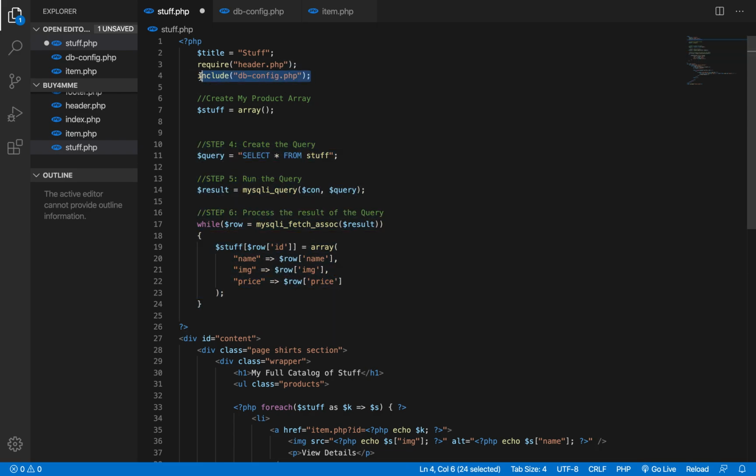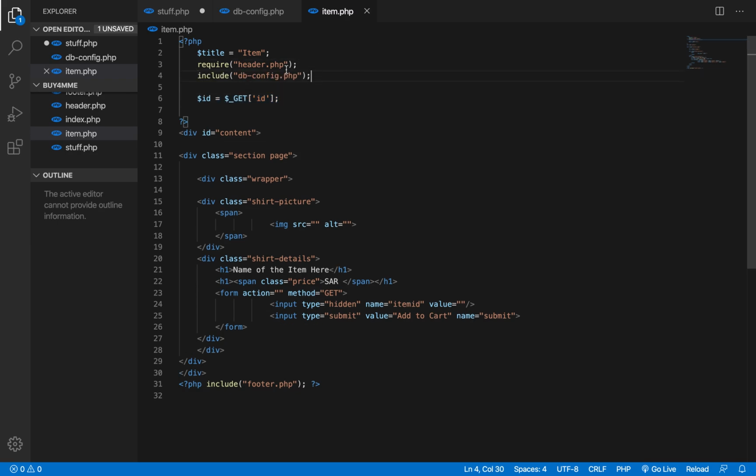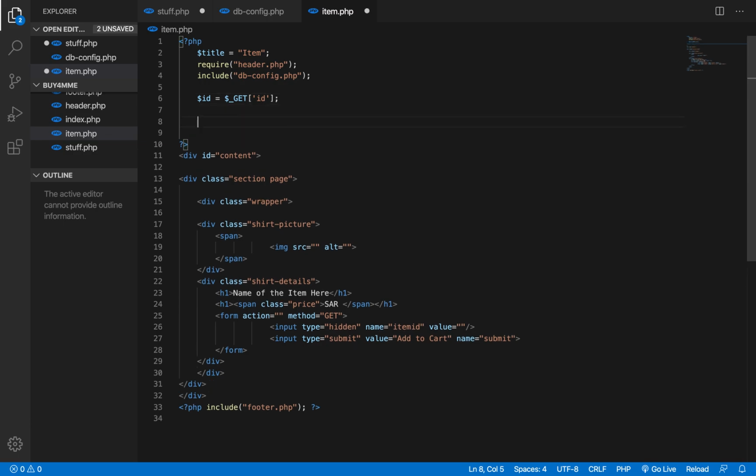Exactly this is what we are going to do over here in our item.php page. We are going to do the first 3 steps by just copying this information, because this information is the same: creating the connection variables, making the connection, and checking if there are any errors in the connection. Once we have made the connection, the next step is step 4, which is creating the query. So what is the query? What query do I have to run? I have to run select star from stuff